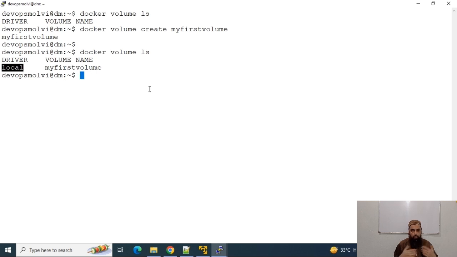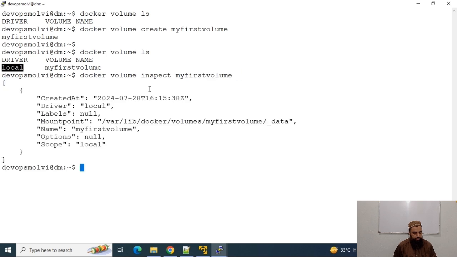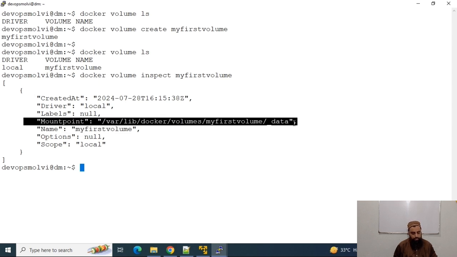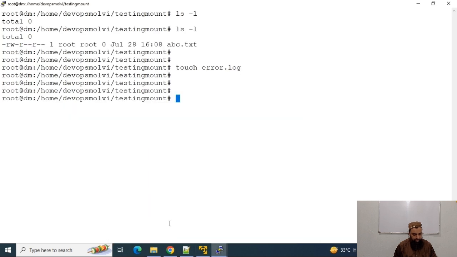And now if I want to inspect and see more details about this, docker volume inspect my first volume, sorry, you can see it was created at this time and its driver is local. This is the mount point. Now let us see the mount point, and it is here,